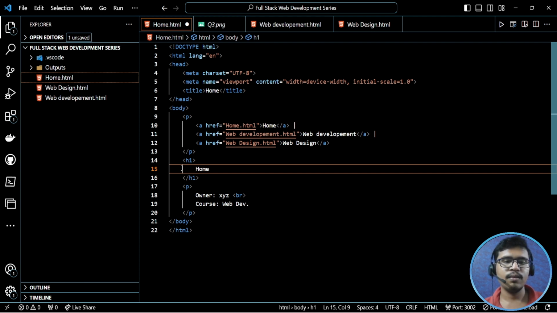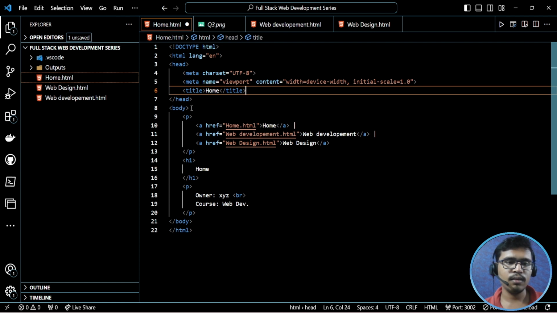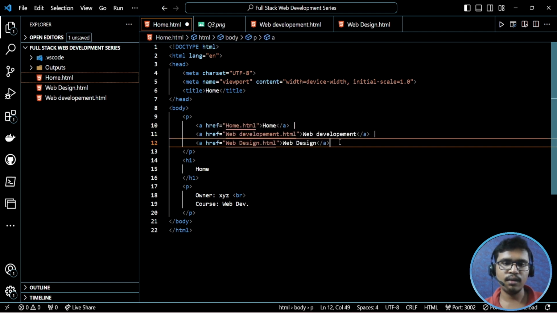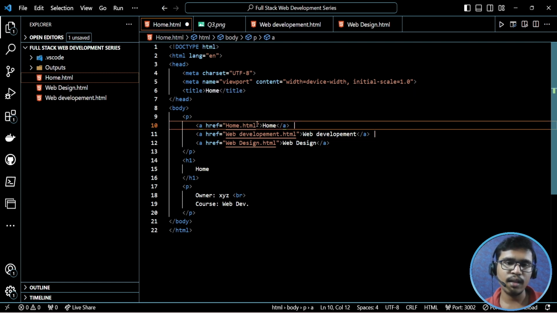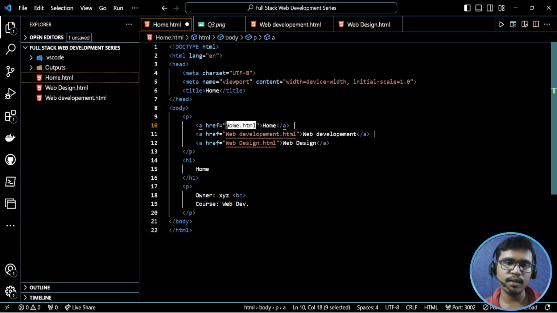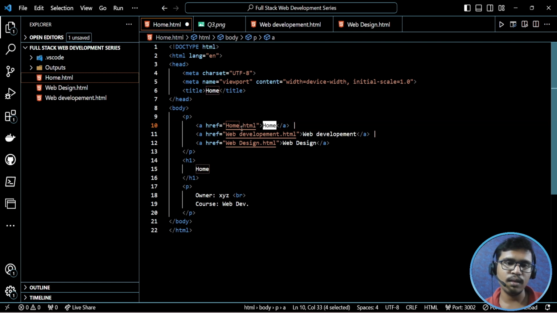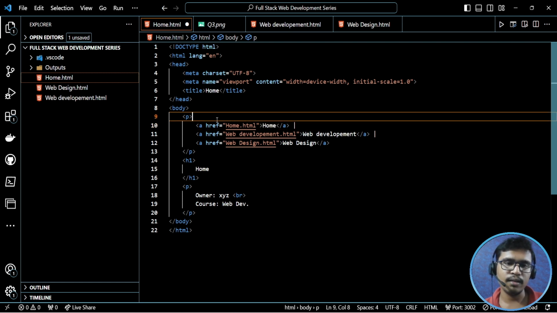नाउ लेट्स डिस्कस मोर थिंग्स। तो हम लोगों ने बॉडी में क्या लिख दिया, एक पैराग्राफ टैग बना दिया है। उस पैराग्राफ टैग के अंदर 3 एंकर टैग लगा दिए फॉर 3 टैब्स, होम टैब के लिए एक, वेब डेवलपमेंट के लिए एक, और वेब डिज़ाइन के लिए एक। एंकर टैग का यूज़ यही है कि हम लोग इसके अंदर एक हाइपर लिंक दे सकते हैं, मतलब यहाँ पे हम लोग किसी वेबसाइट की लिंक दे सकते हैं, सो दैट हम लोग इस वर्ड को इस लिंक के साथ इंटर कनेक्ट कर सके।